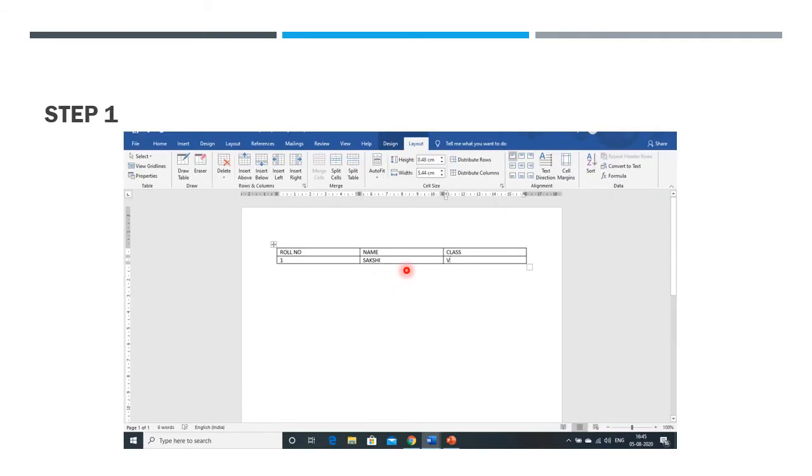In step 1, place the cursor in the table where you want to insert the column. Here the cursor has been placed on the last column.